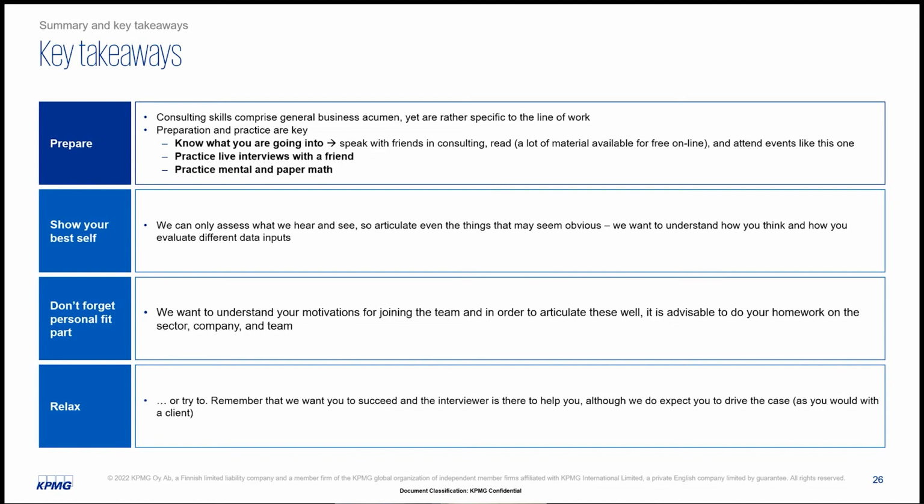Any other comments, Mikko, to add? No, nothing to add. Just, well, maybe preparation cannot be emphasized too much. So that's important. Too often we see very promising candidates who are not prepared enough, and then they are not able to get the best out of themselves, and then we are not fully confident to hire them, or to get to the next interview round. So preparation is very important.